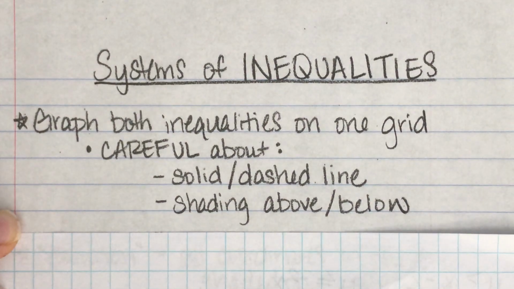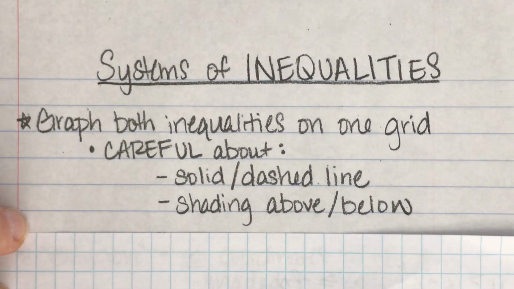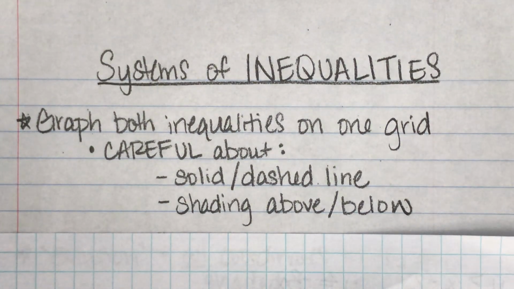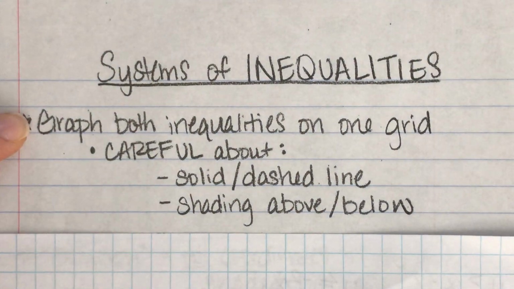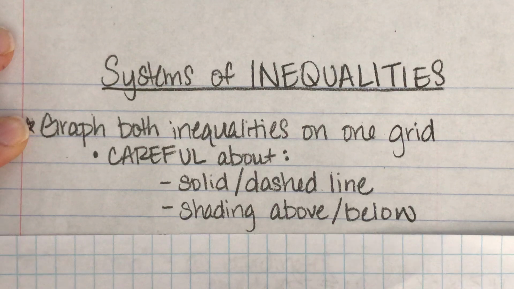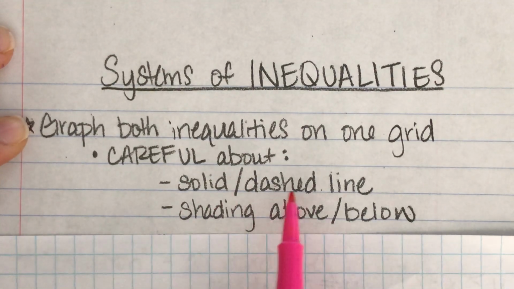All right, occasionally you get a system of inequalities. So you're going to have two equations. They're going to have a y and an x, but they might be set up with inequalities instead of equations. So when that happens, you're going to graph them on one grid, just like we did with regular graphing. You've got to be really careful with inequalities about that solid versus a dashed line, or shading above versus shading